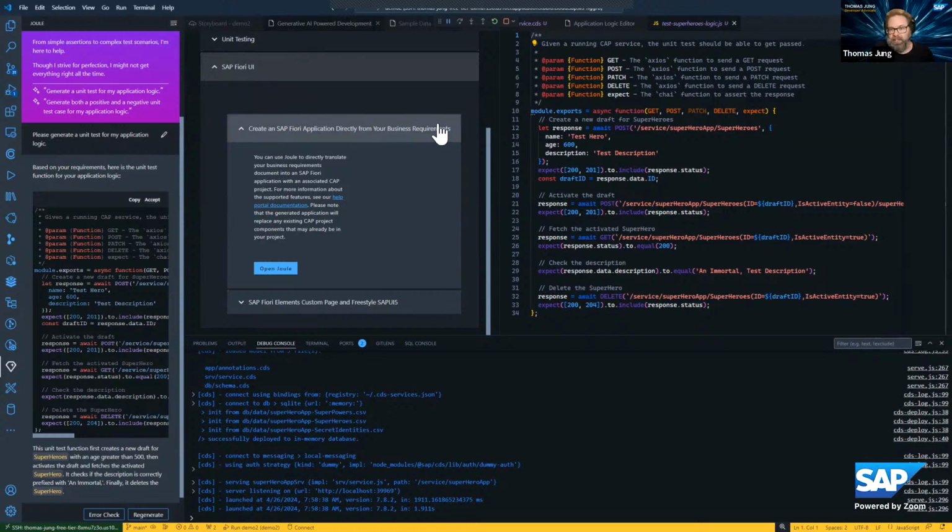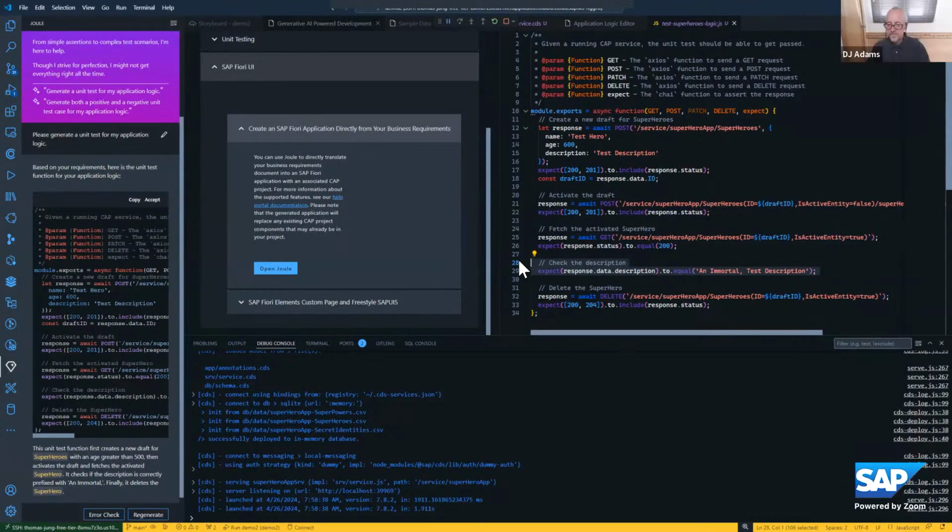I actually just had it generate a unit test for me, and one of the cool things it did here is it's testing for exactly the logic that I had it generate. It's testing to make sure that if the age is greater than a certain value, we're getting our immortal on the front of it. So these are things like generating the unit tests. I don't want to spend my time writing unit tests anyway. I want something to generate it for me. I already wrote the logic. I don't want to come back and spend extra time creating the test. It's great that it does it for me, and I can spend that time on more important things. Absolutely. The unit test generation is my favorite part of Joule.